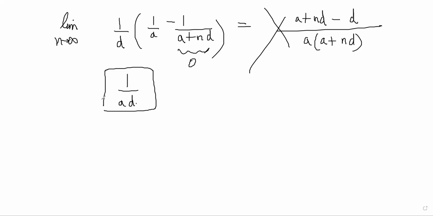So basically the idea of the question, this method is called method of differences. What are you doing? You're writing the top part. It was 1 by this, so I don't want 1 by this. I want 1 by d into d by this, because that would be easier.